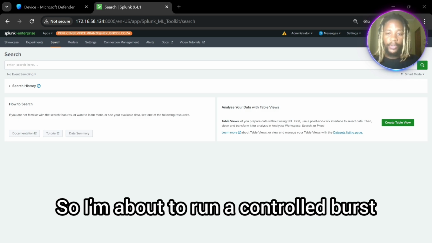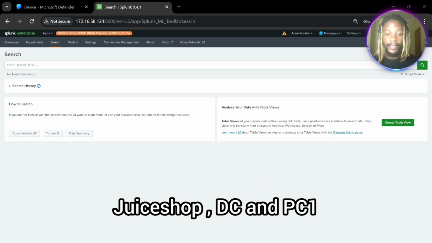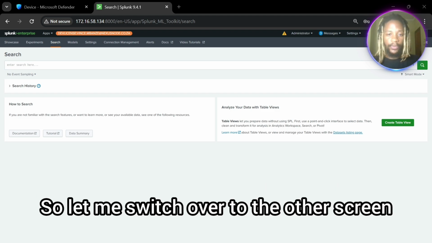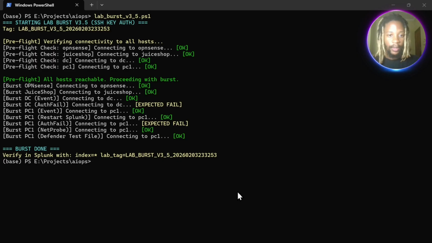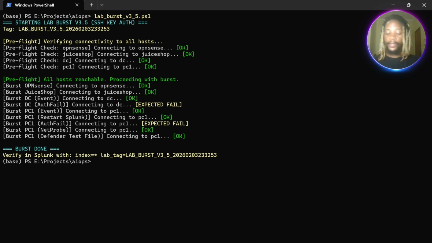So I'm about to run a controlled burst that stamps one correlation tag across OpenSense, JuiceShop, DC, and PC1, so every data set can be pivoted with the same key. So let me switch over to the other screen. Just bear with me. There you have it. Just click that one and